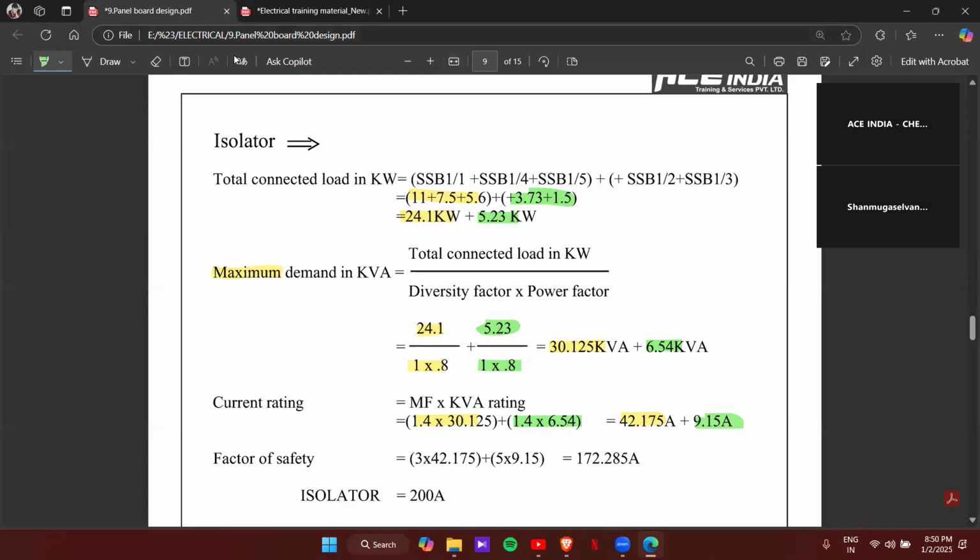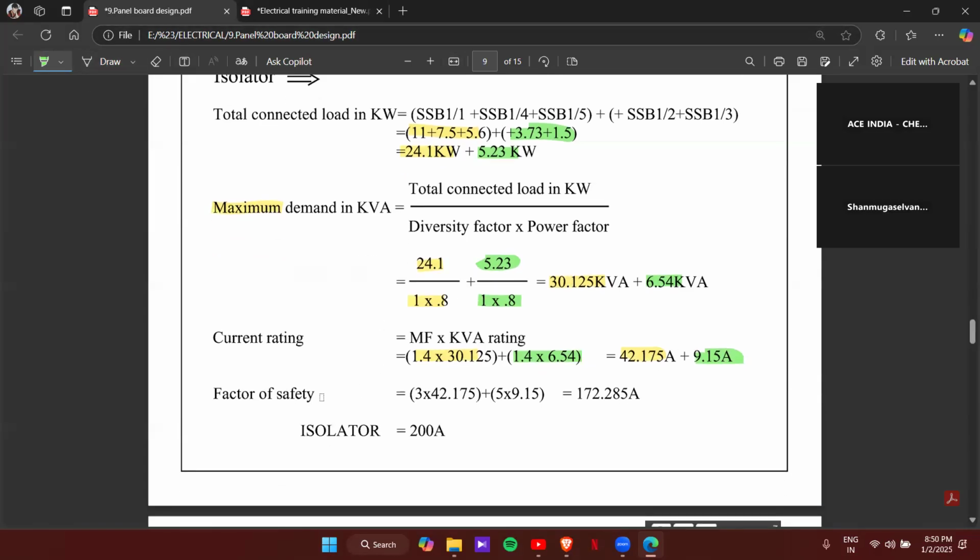And coming to the last part, that is the factor of safety. Usually you'll take 5% to 20%, we can consider. Here we are calculating the factor of safety based on the starting current rating, because for the cables we have already taken 25% extra. And for MCB, we are using C class MCB, so it has the capacity to carry extra current. But isolators are actually just a switch. The purpose is to just isolate the unit. That's it. It doesn't have any capacity to carry extra current or any protection. So that we have to take